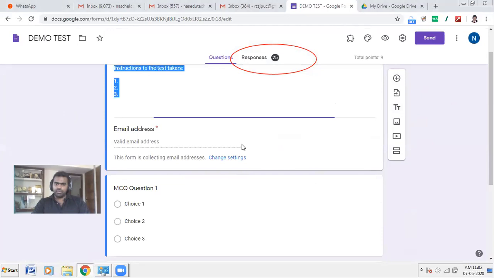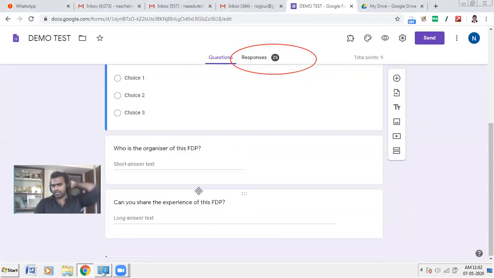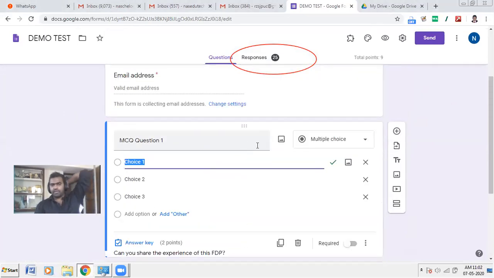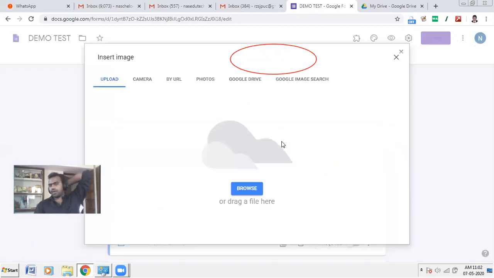Suppose you need to show an image, as somebody asked earlier, like a math question. In that case, the equation can be added as an image.